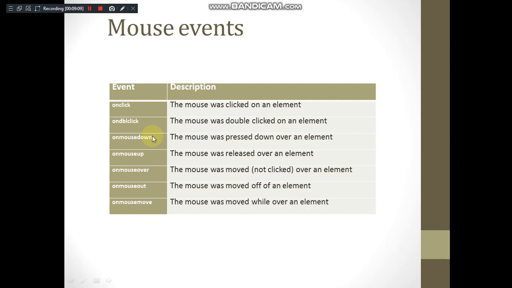When you just click and not release it, it is onmousedown. When you have released, then it becomes an onmouseup event.